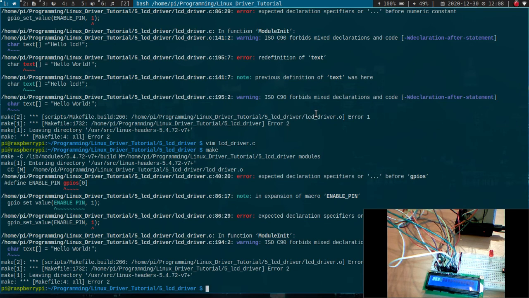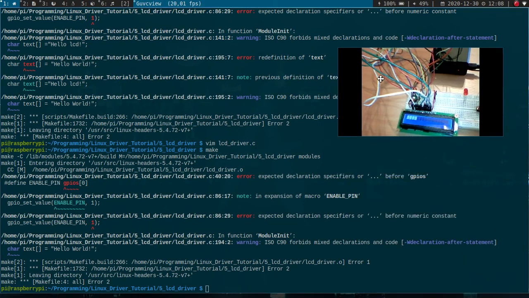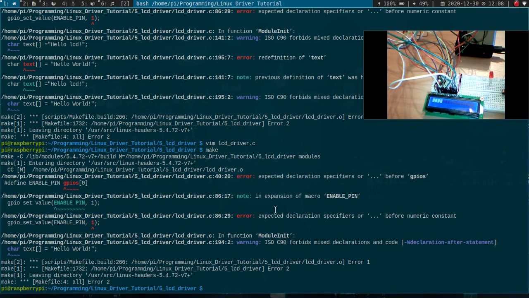GPIO set value. Expected declaration specifier or before numeric constant. Error. Enable